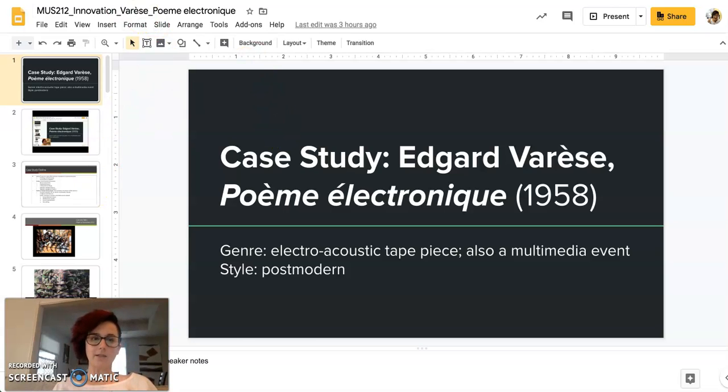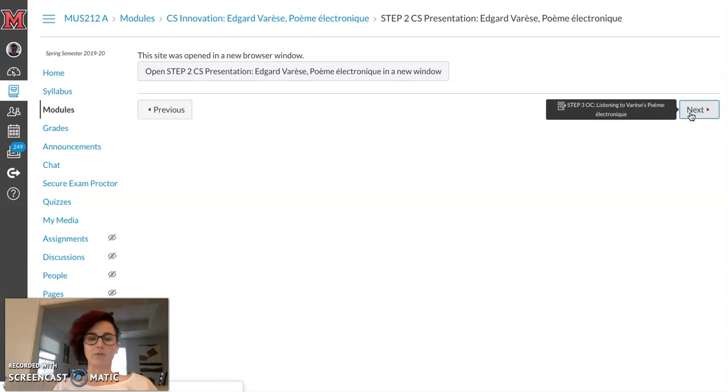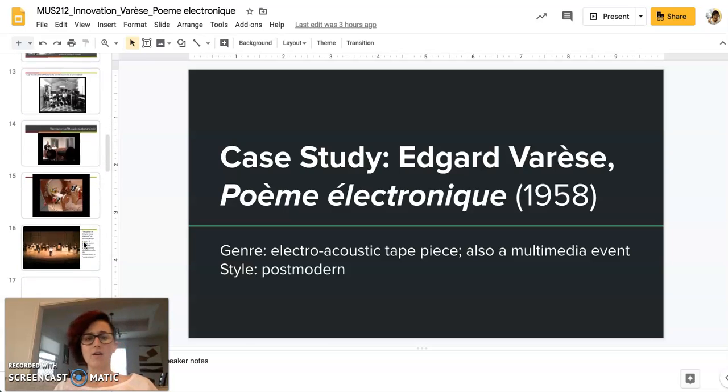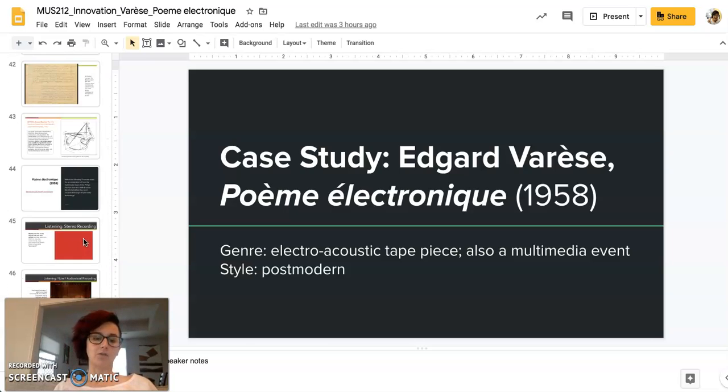So work through that, and then after you have gone through and read and watched all the cool videos throughout the entire presentation, you'll note that there are 3 towards the end of it that are different approaches to performing Varèse's Poème électronique. So the first is a virtual reality simulation of the multimedia event. The second is the stereo recording that's existed since 1958. And then the third is a 21st century live performance and reproduction of the performance,